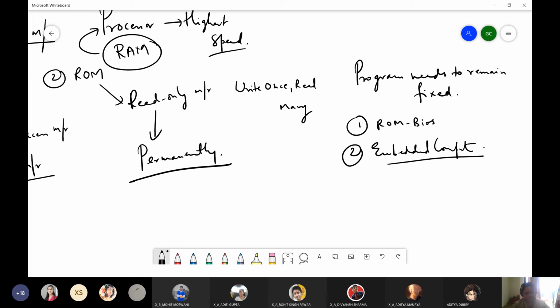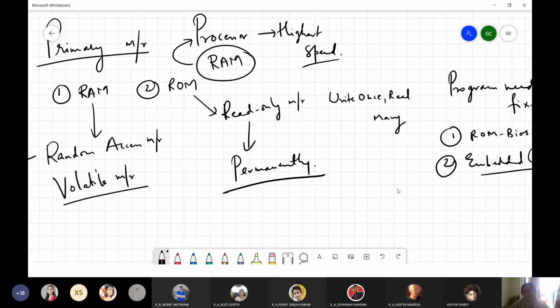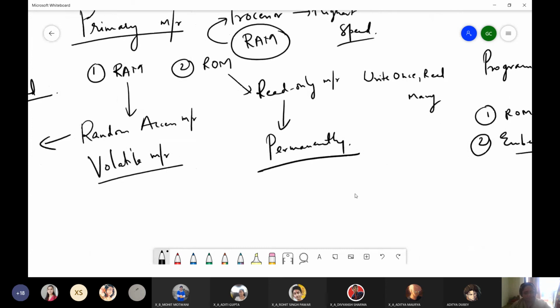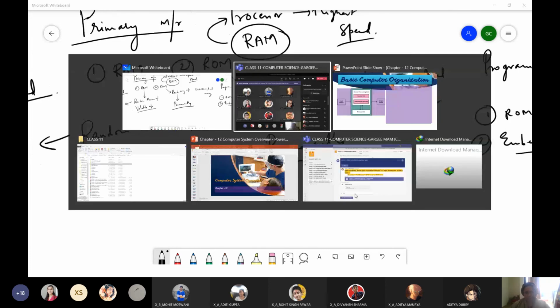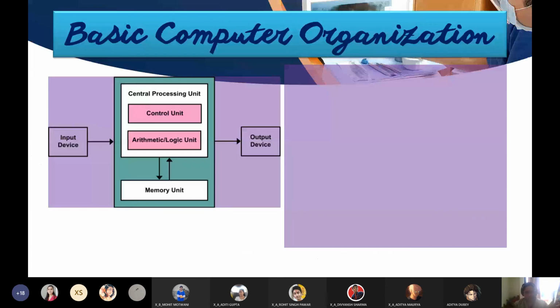It is a form of memory which stores data permanently, which stores pre-programmed instructions permanently. And those instructions are coded by the manufacturer itself, right? So this is your memory unit, which consists of primary memory as well as secondary memory. Firstly, I would like to ask you, was this part clear to everybody?